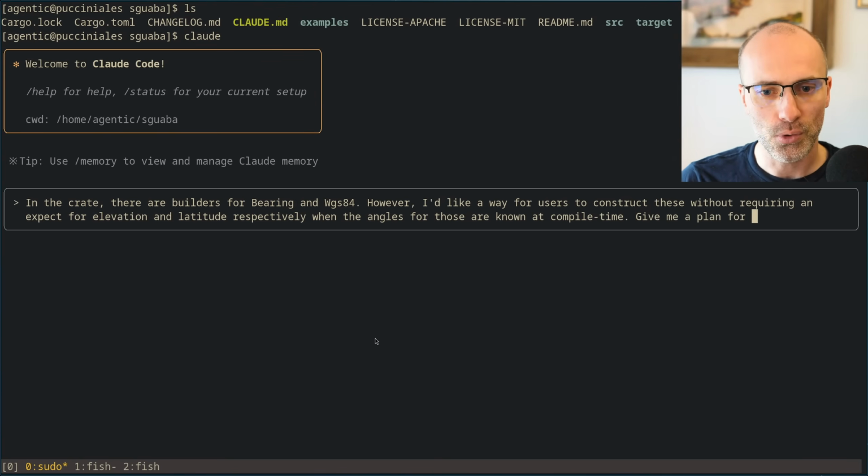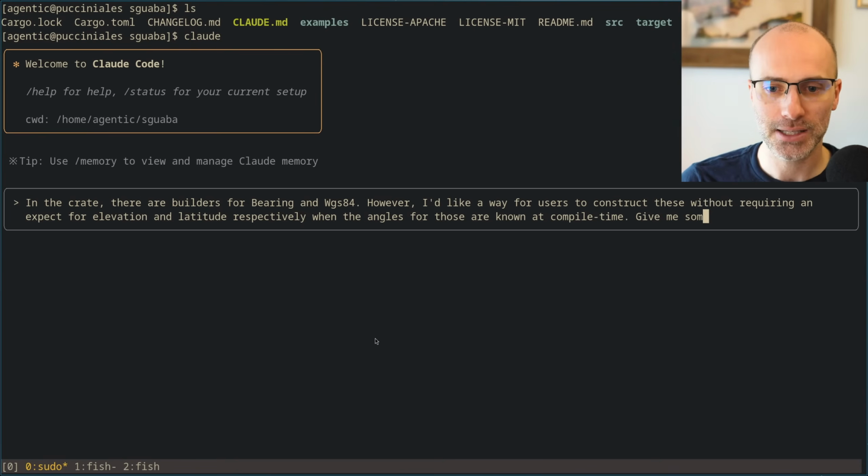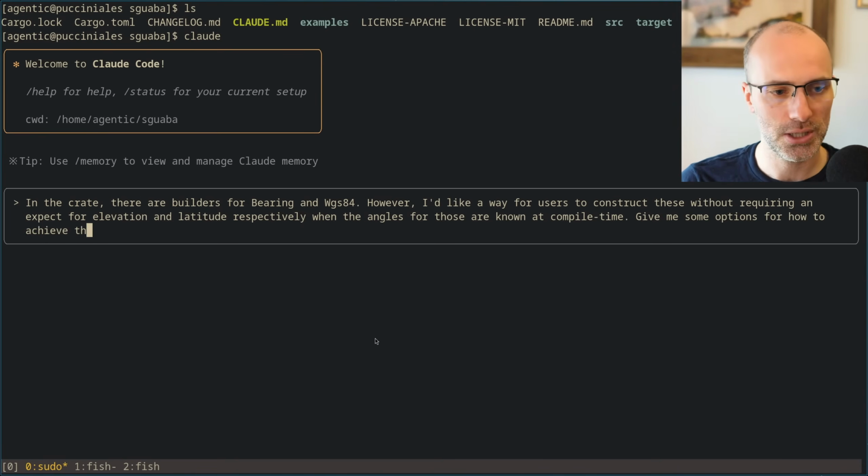Give me a plan for, maybe I want more than one plan, because it would be nice if you could tell me whether it agrees that the macro path is the right one or not. Give me some options for how to achieve this. Full stop, maybe? Give me some options for how to achieve this in a way that is both safe and ergonomic.